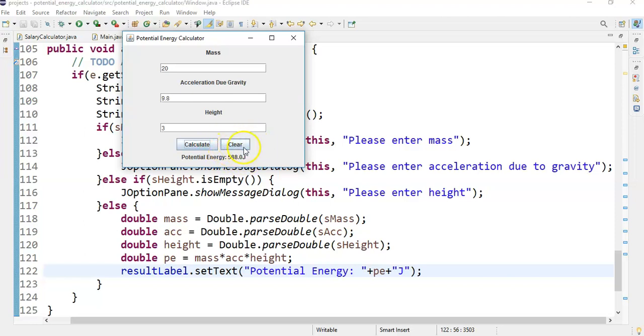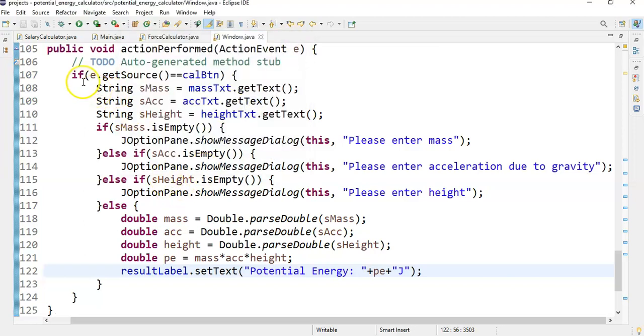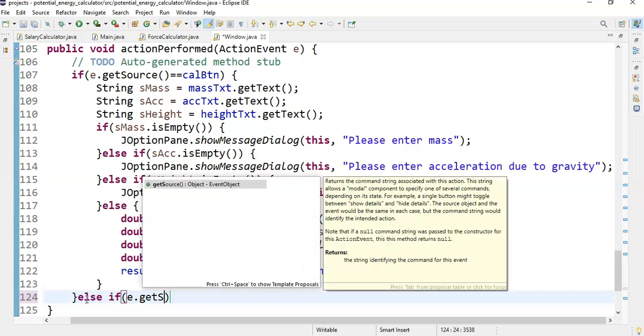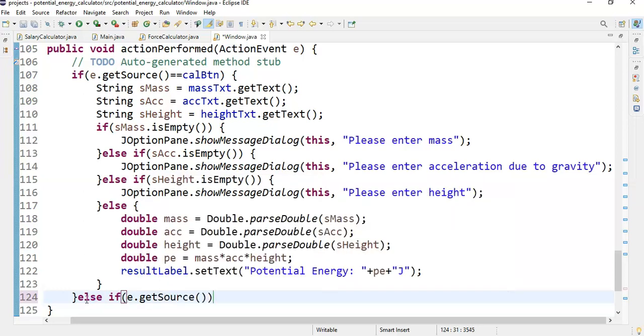So we give the clear button a name. So we check if it's that source. If it's that source, then we set all these text fields to be empty. Okay, so that's the next thing we do. So if the getSource is equal to this, then the next will be else if. So else if our event.getSource is equal to our clear,